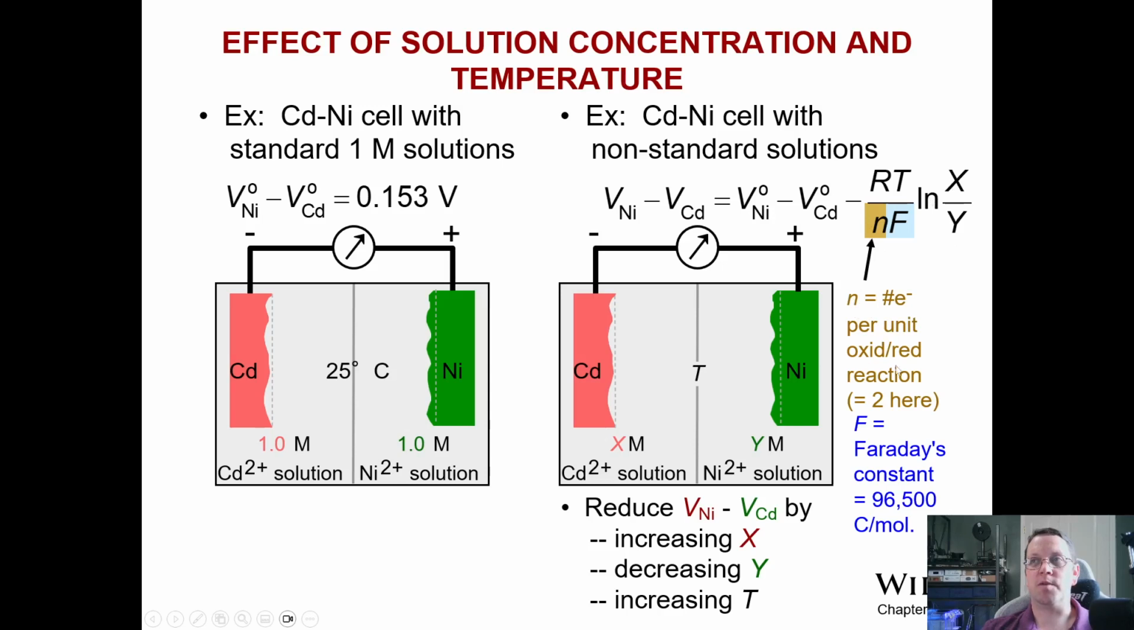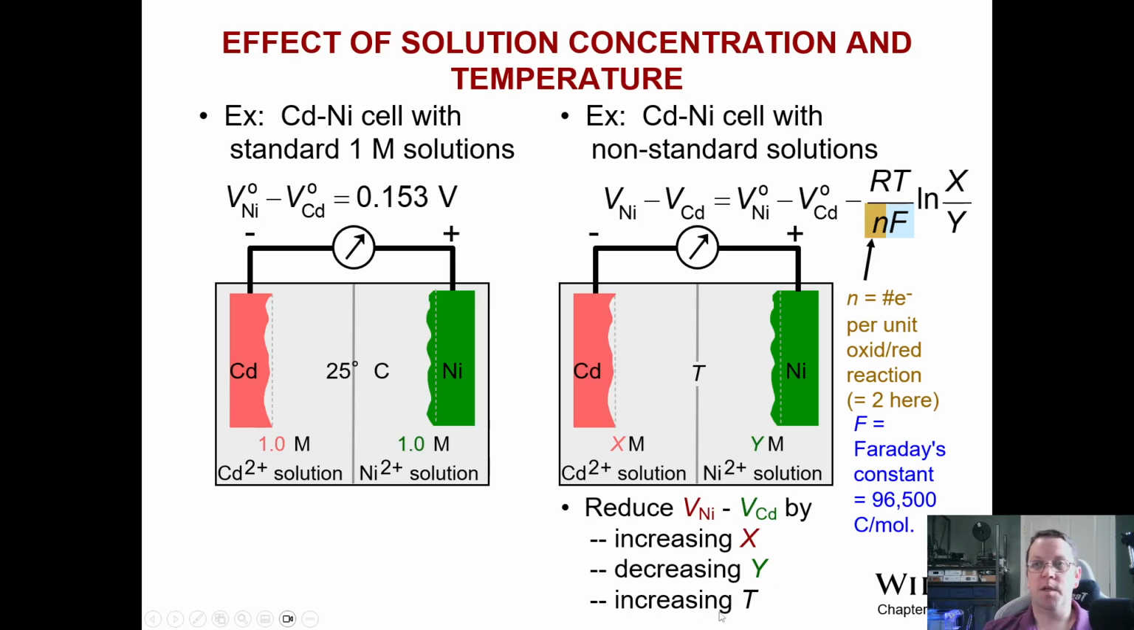N is just the number of electrons per unit of oxidation or reduction. In this case, 2, because of what we've established as the states here. These are +2 ions, so we have 2 electrons moving from cadmium to give us a +2 ion. So that's where we get the number of electrons. And Faraday's constant, 96,500 coulombs per mole, such that we plug that into our equation to understand we reduce this voltage difference by